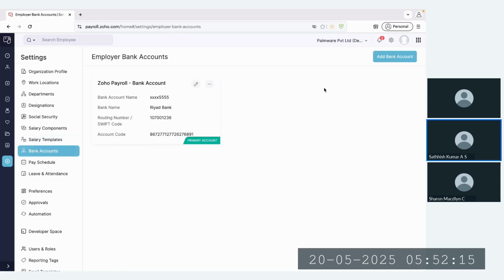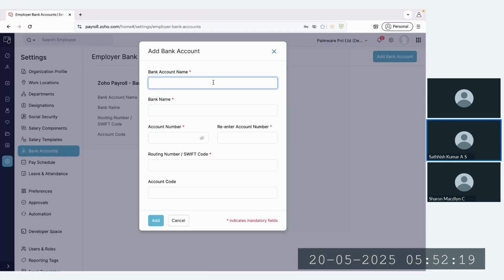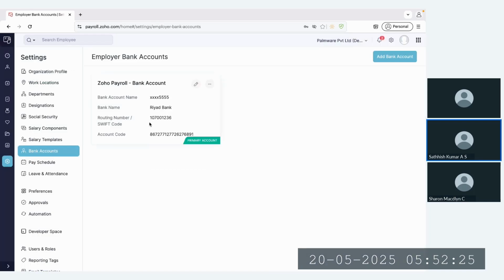So next, you will be able to add the bank account details for your organization. So you can add your organization's bank name, the bank account number, the routing number or the SWIFT code. All this information will be captured in the system here in the bank accounts module. Finally, we will be